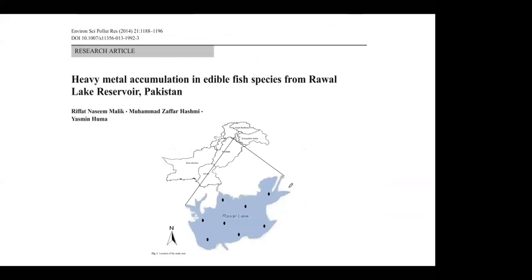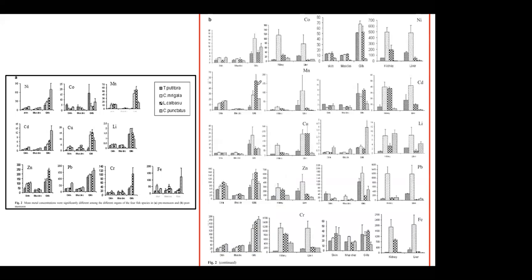So this is another study of ours, and this was conducted in the Rawal enclave of Rawal Lake of Pakistan. It is located in Islamabad of Pakistan. And the water of this lake serves for drinking purposes for the people that are living in the Islamabad and Rawalpindi city of Pakistan. So we used some edible fish species to monitor the status of the heavy metal contamination in the Rawal Lake Reserve of Pakistan. So we collected 4 species of fish, and you can find here